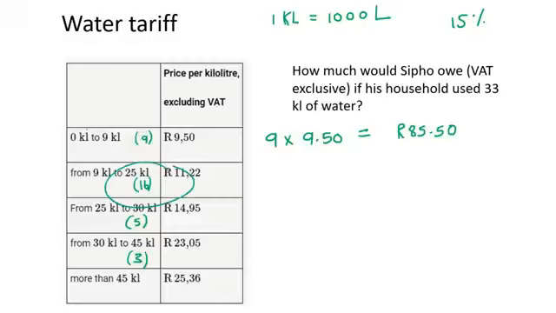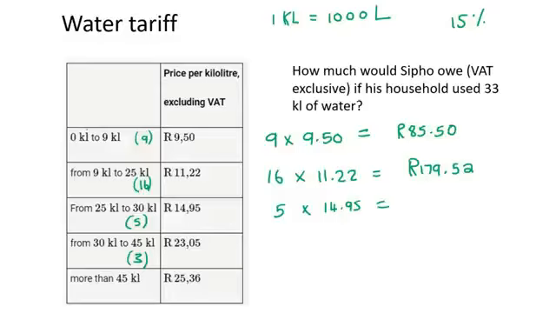Okay, so in this category, we're going to use 16 kiloliters, and each kiloliter is 11 Rand 22. So if you had to work that out, that'll be 179 Rand and 52 cents. Now in this category, it's going to be 5 times 14.95, and so that'll be 74 Rand and 75 cents. And then in this category, we only use 3 kiloliters, and that'll be 23 Rand and 5 cents. And so that'll be 69 Rand